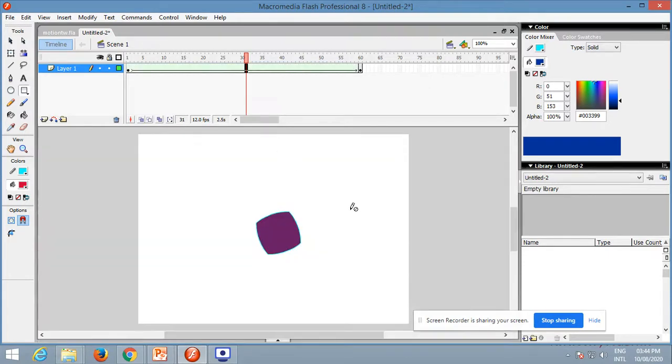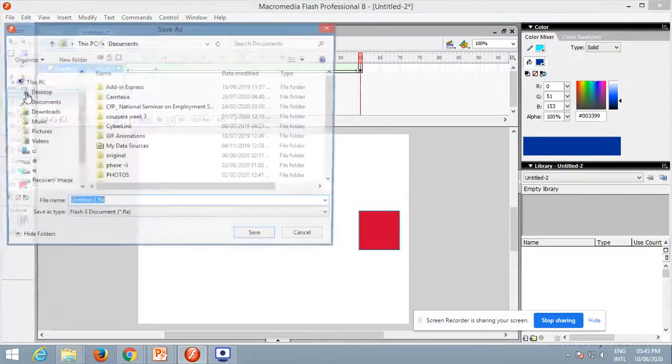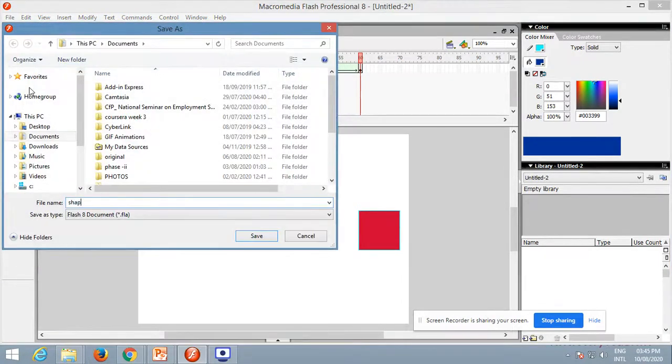Means you have applied the shape tweening. Now you want to see the output, just click on first frame and press enter. Now see how it is going to change the color also and the shape also. So in shape tweening it had changed the color calculations and the morphs of that particular shape. Then just save this using the name as shape tween.